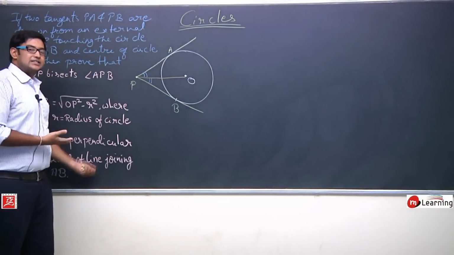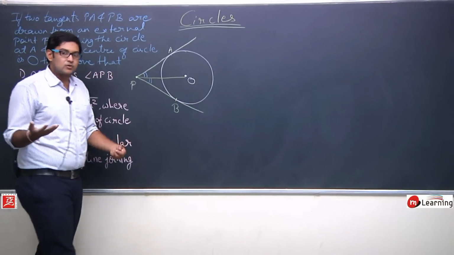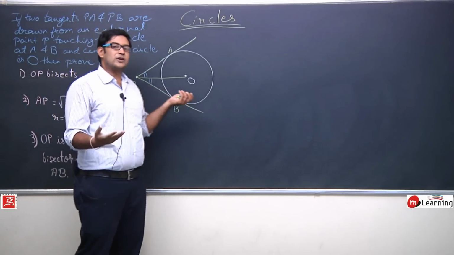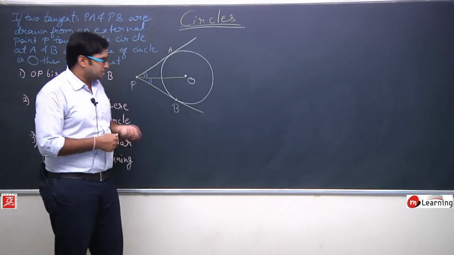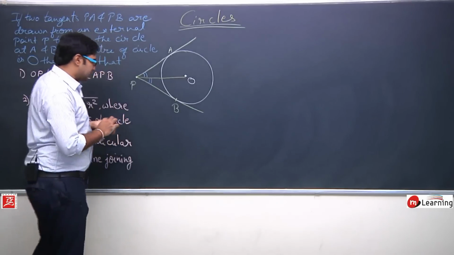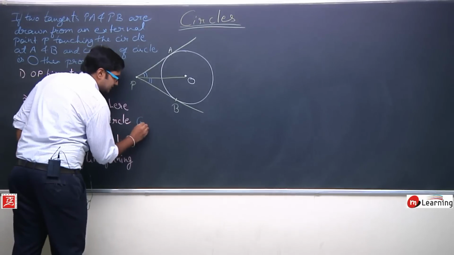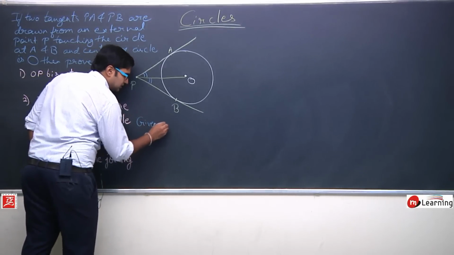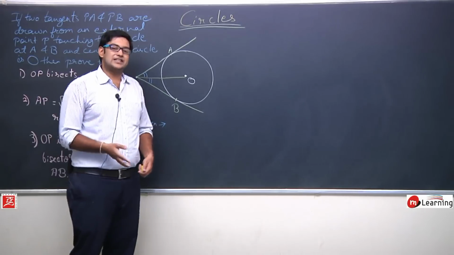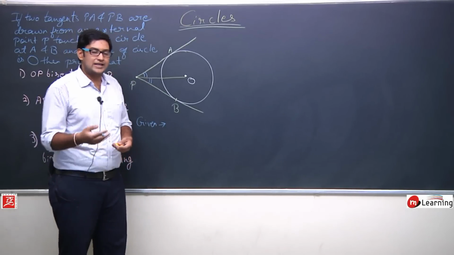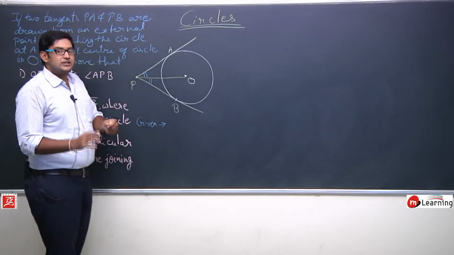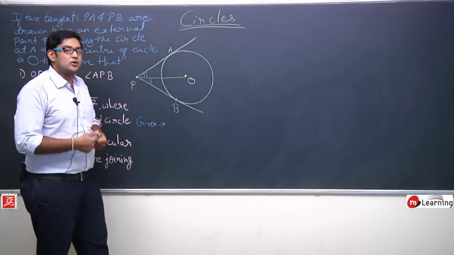Second, there are some conditions in the third also. So what we are going to do, we will start proving. Okay, हम सबसे पहले फर्स्ट वाले को प्रूव करते हैं, फिर धीरे धीरे सेकेंड पे मूव करेंगे. So this is the diagram for this question. So first we need to write the given conditions. In any question you solve for geometry, that is of circles or surface areas, volumes, or triangles, or lines and angles, first try to write the given condition, then only you will grasp the concept of geometry.